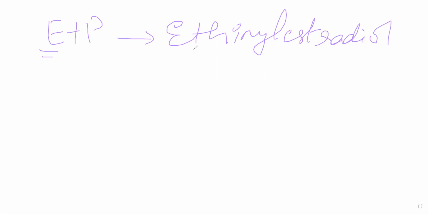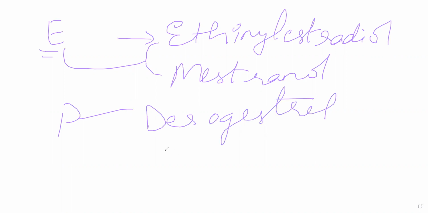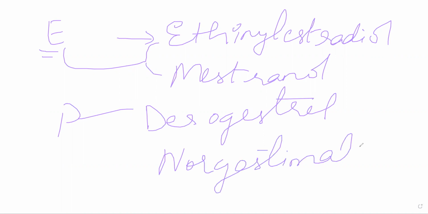there is mestranol, okay? These both are pure estrogens. You will have progestins as well. Progestins like these are pure P, okay? E and P are given combined. You will also get drugs that are already combined. You have desogestrel, norgestimate as well. You have more drugs as well, but I think these many are enough. Okay, it is just a combination of these, rinse and repeat.